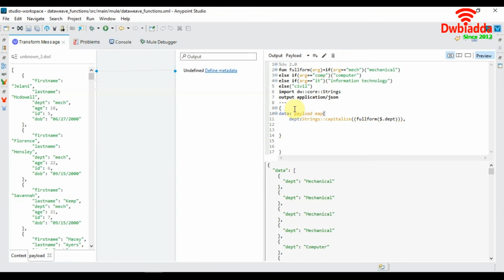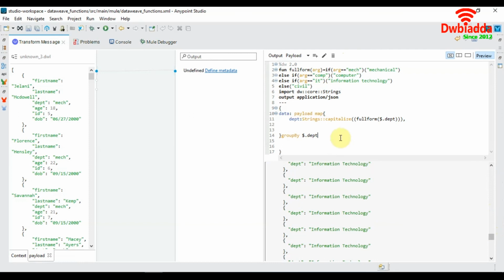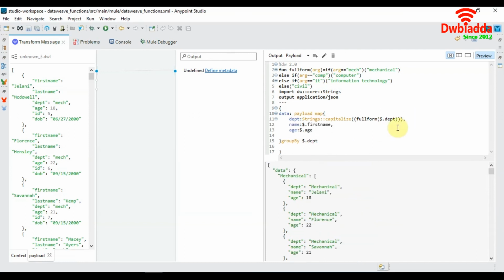And after the first map, we will simply input group by and specify the grouping criterion. This will create an array of all the different departments and the students in it. As we can see here, we have the mechanical array, we have the civil array, and so on. Now we have our payload grouped according to the department of the students.